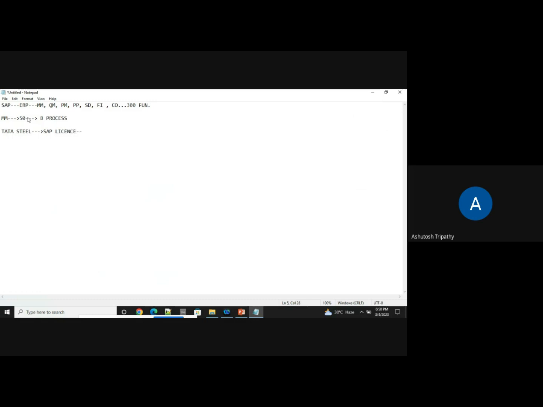and then they asked Wipro, hey, can you do an implementation for us? Because Tata Steel has no expertise, because they have no IT team. So they asked, okay, Wipro, can you do the implementation for SAP? So what happens? Wipro will send different functional consultants related to all the SAP solutions that Tata Steel is looking for. What does Tata Steel look for? Tata Steel looks for QM, SD, PP, and PM.